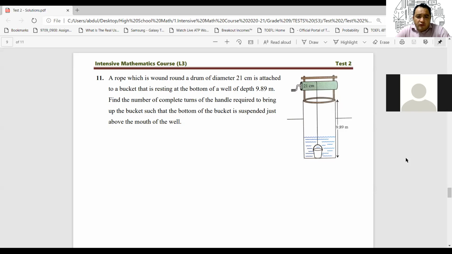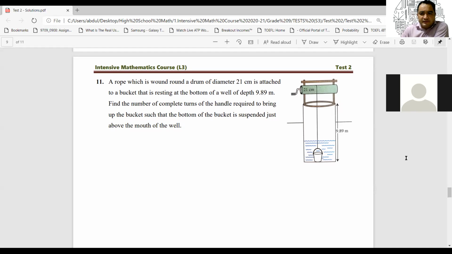So a rope which is wound around a drum of diameter 21 centimeters is attached to a bucket that is resting at the bottom of a well. Find the number of complete turns of the handle required to bring up the bucket such that the bottom of the bucket is suspended just above the mouth of the well. Okay. So that means that, Arad, if actually your answer is